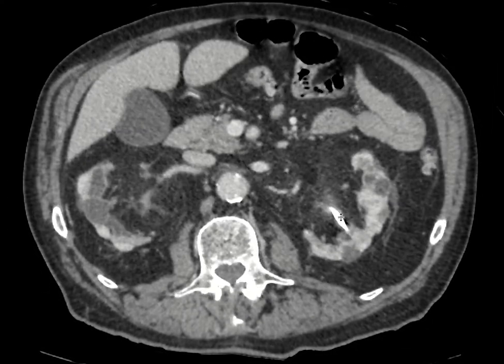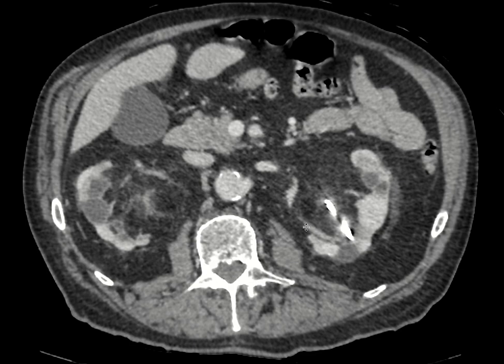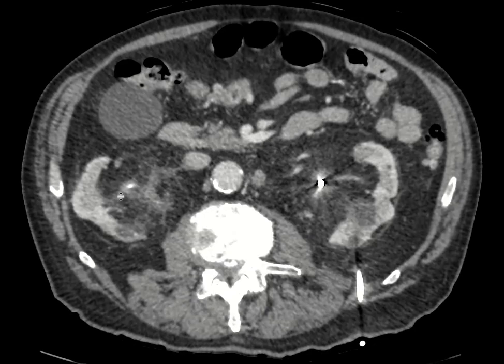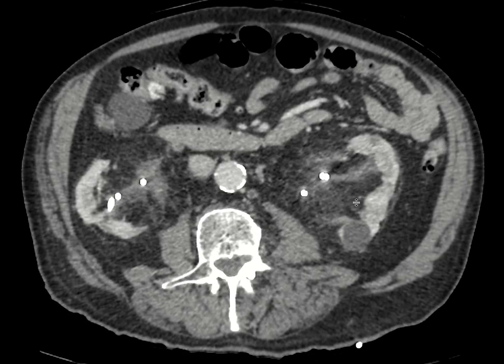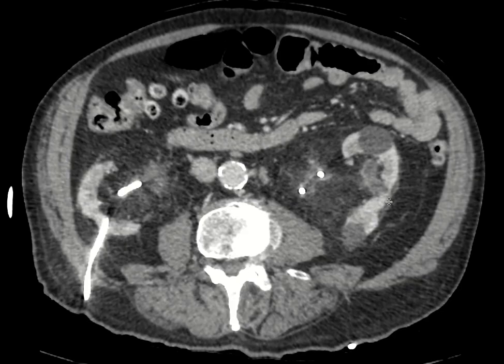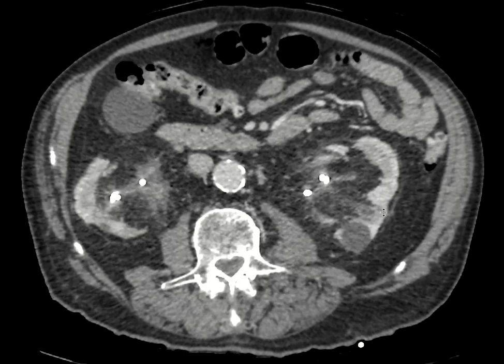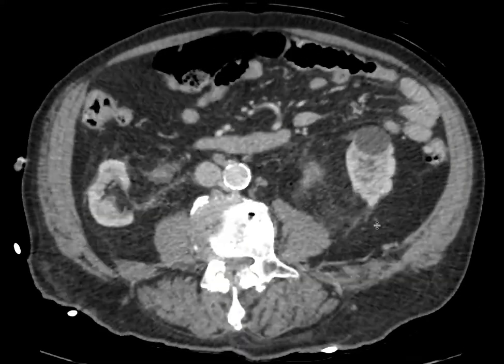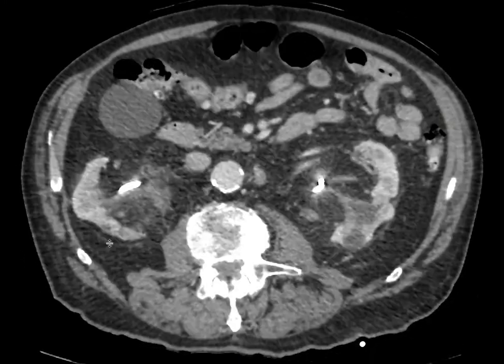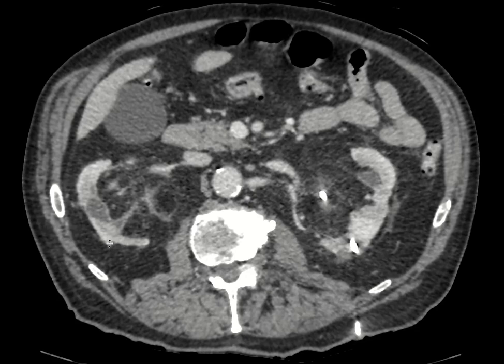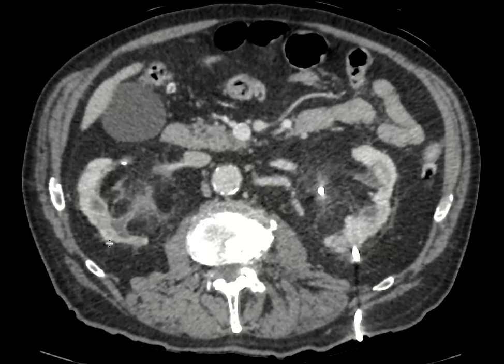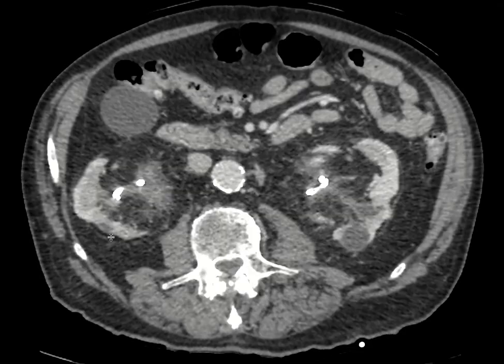Now this patient here, you can see there's actually quite a lot of fat within the renal sinus on the left as well as on the right, in the setting of thinned renal cortex. If we look at the cortex here, we can see it's quite thinned in multiple areas. And so this is a patient who has chronic kidney dysfunction as well. This patient has had long-standing chronic infections as well as ureteral strictures, and so this is the reason why they